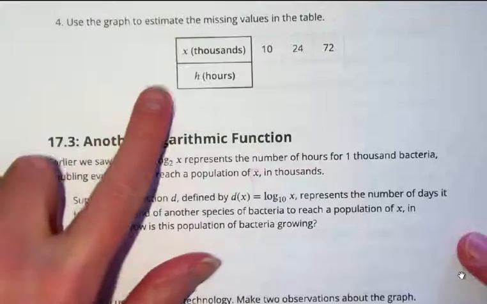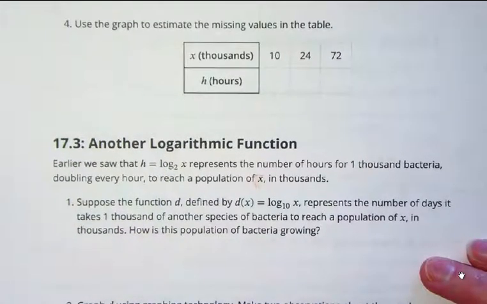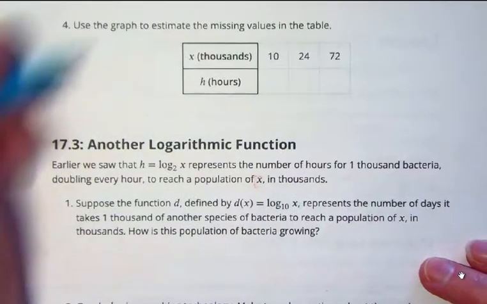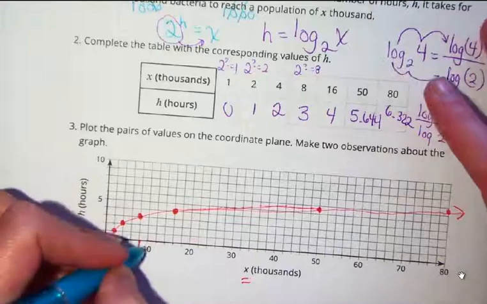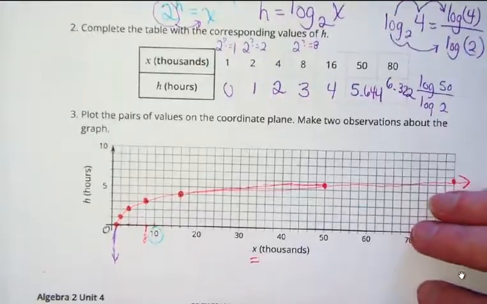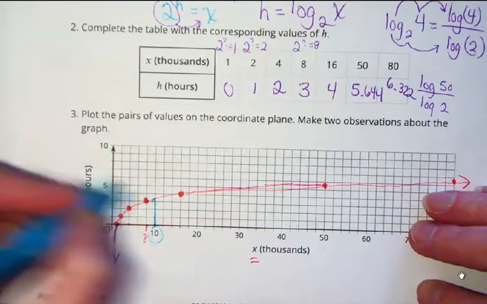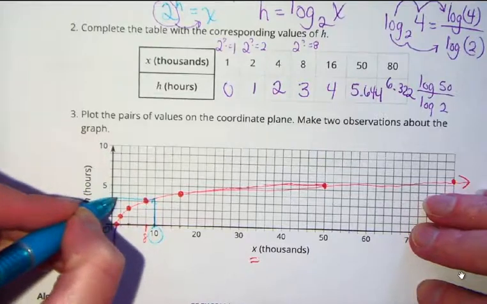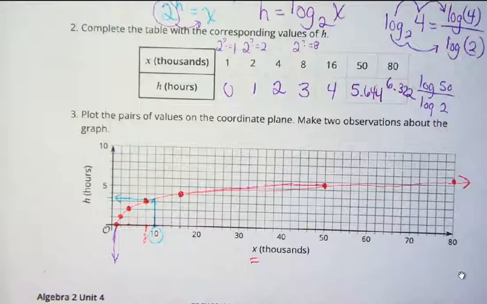Use the graph to estimate some missing values in the table. We could use our graph. We could also use our calculator now that we're pretty smart about that. But if I want 10,000 bacteria, I'm going to go back to my graph. I'm going to find the thousands here. And what this is telling me is that if I have a known population of 10,000, I'm going to follow it up, then follow it over. And it should be somewhere around about maybe